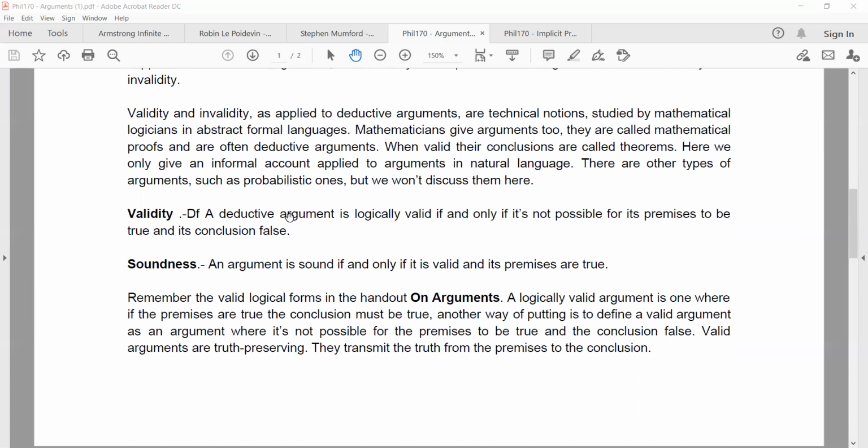So whenever you're looking at a deductive argument, if the deductive argument is actually good, it's going to be a valid argument. If it's not good, that means if the premises do not support the conclusion in the strongest possible sense, then it's going to be an invalid argument, right? But the technical definition of validity is this one that I explained here. A deductive argument is logically valid if and only if it's not possible for the premises to be true and the conclusion false. What this means is basically that